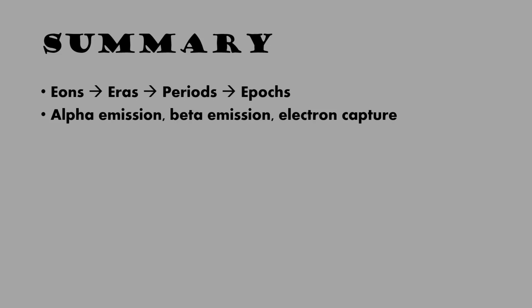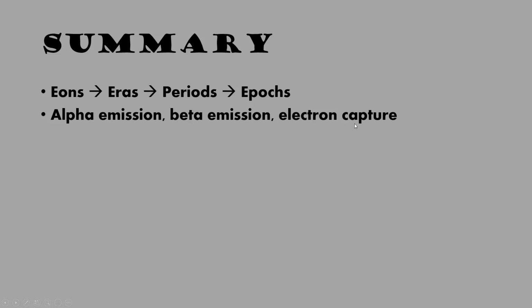We learned that there are 3 different types of radioactive dating, and or radioactivity that results in the creation of daughter products. And those are alpha emission, where you have 2 protons and 2 neutrons that are ejected from a nucleus. Beta emission, where you have a beta particle that's ejected from the nucleus in the form of an electron. And then electron capture, where an electron is absorbed into the nucleus, where it combines with a proton to form